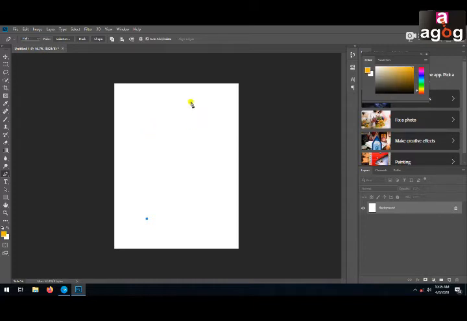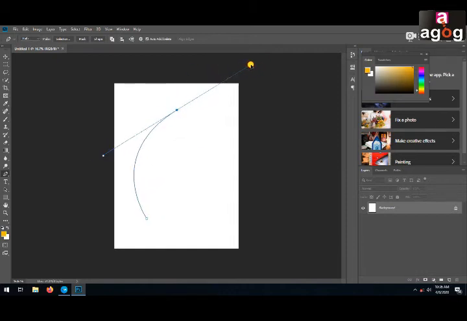I'm going to create a leaf shape and I will use it as my brush. So again create another anchor point, but don't release your mouse button. If you don't release your mouse button, you can see these handles, that's called Bezier.